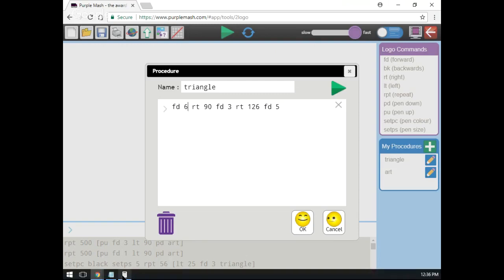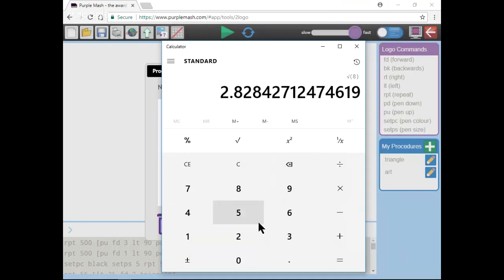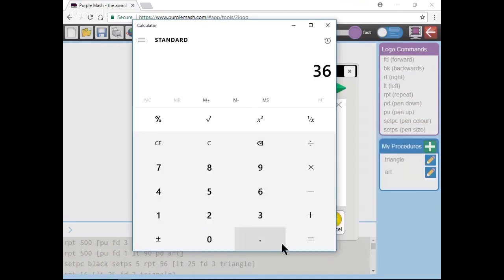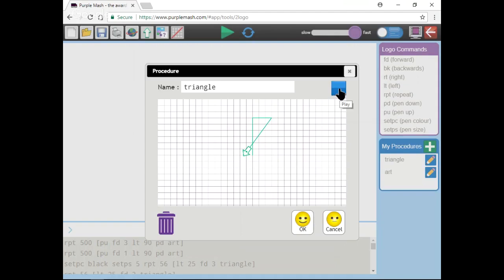Now, you know that if you get your calculator, what's 6 times 6? 36. And what is 3 times 3? So plus 9 equals 45, square root 6.7. So we're going to go forward 6.7. I'm not sure if it'll still come up with the same, if it'll meet in the same place. Let's just see. Oh, look, it's